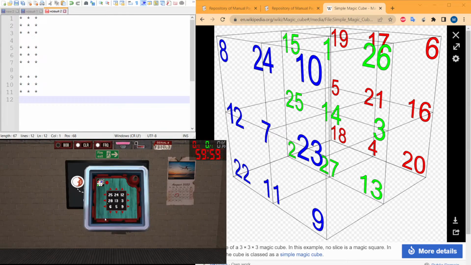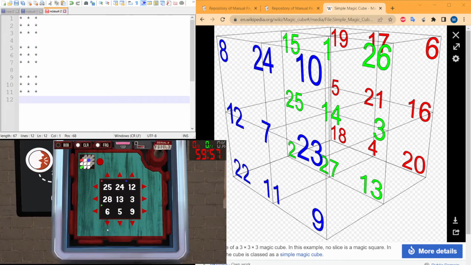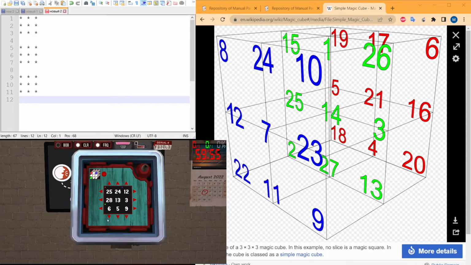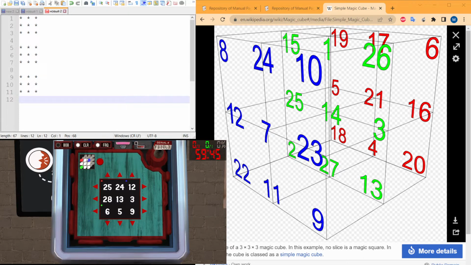Hello everyone and welcome to Magic Cube tutorial. So you might know what magic square is. It's a square where all rows, all columns and both diagonals all have the same value, which is called magic constant. In this case we have a magic cube that, as you can see in the image from Wikipedia, has